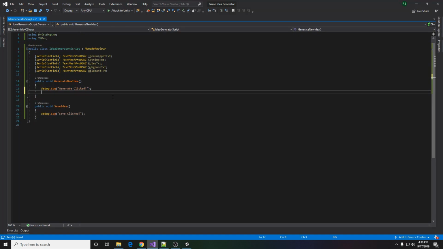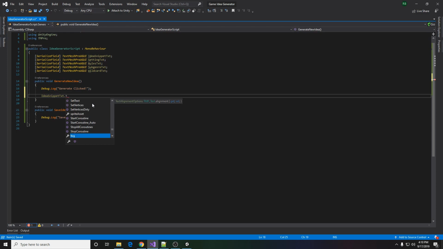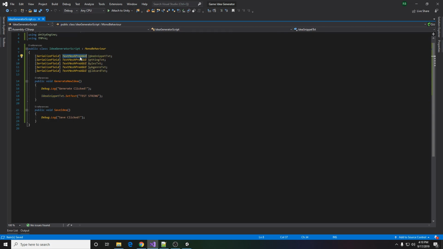And we can leave that debug log for now, but for generate, what we want to do is basically we want to grab our idea snippet text, and we want to give it a new value. So we're going to grab, we can do set text here, and in that we just pass in a string. So I'm just going to do "test string" just to test it out. And so now, because we have this referenced, this TextMesh Pro UGUI object, we have it referenced